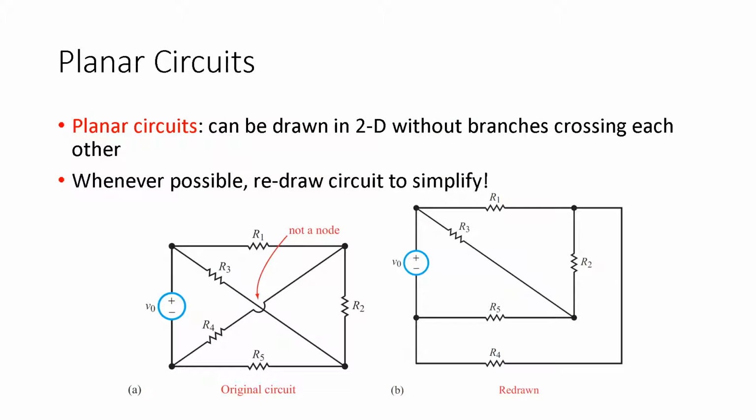So, planar circuits are something that we strive for. We strive to be able to draw circuits in 2D without branches crossing each other. So, remember if we look back at the signal and we have that little bump up, which you see in picture A there in the middle, it's not a node, and it kind of says that this wire doesn't cross this. It's okay, but as much as we can possibly do, we try to refrain from using that because technically,